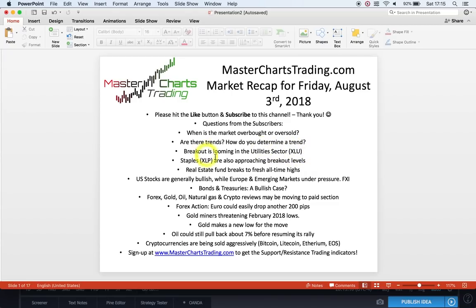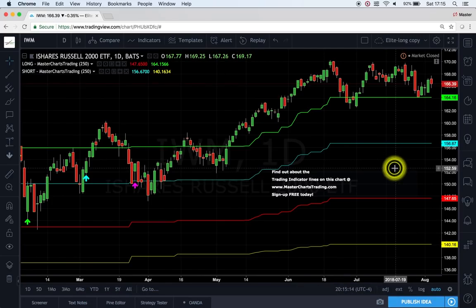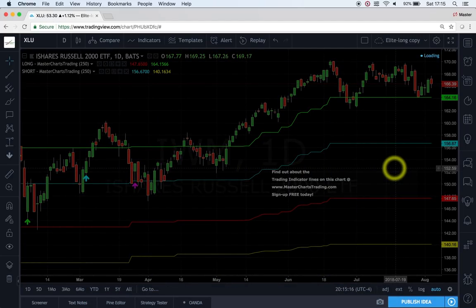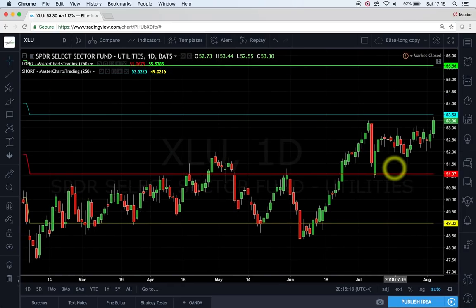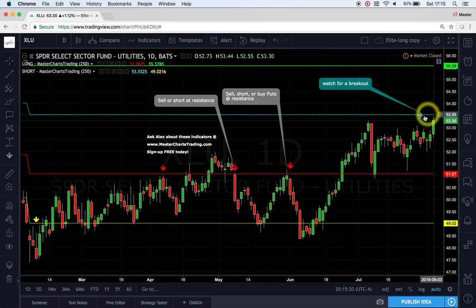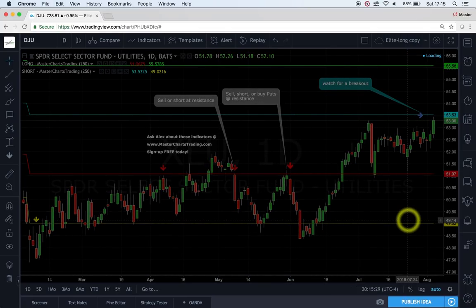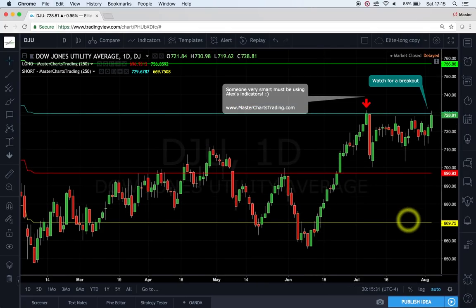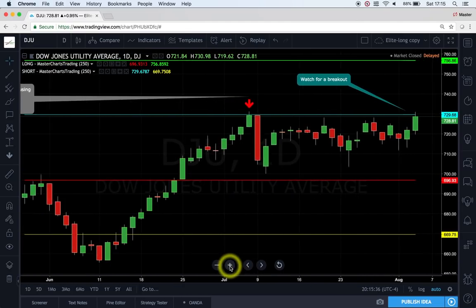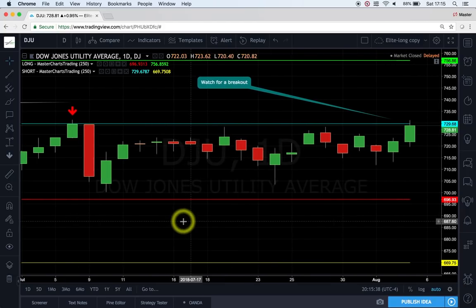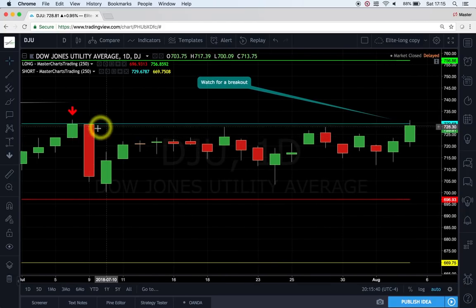Let's look at some of the sectors. Utilities, for example, quite interesting action in utilities, XLU. Approaching the breakout level at 53.53, this looks quite promising. Let's look at the actual underlying Dow Jones utility average. Quite interesting action as well. So once again, I'm not making this up. The lines are being calculated,